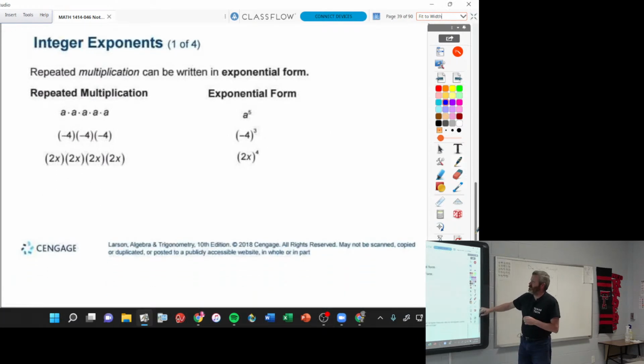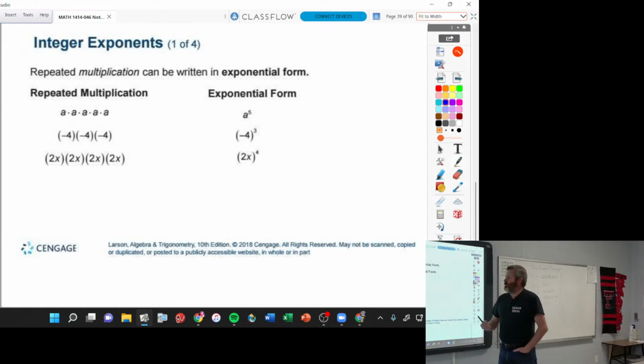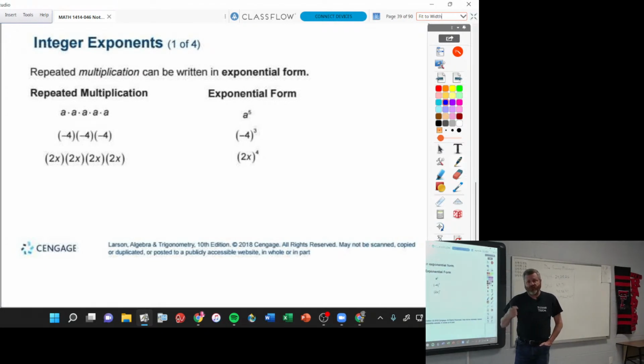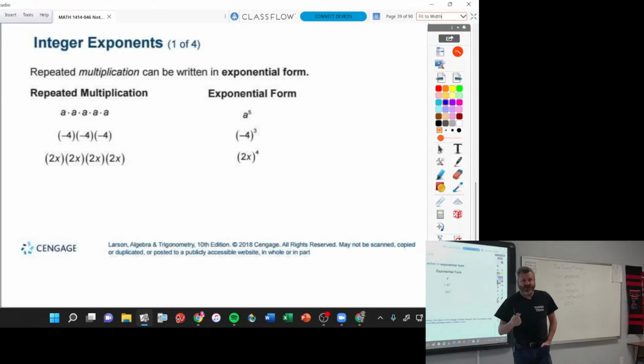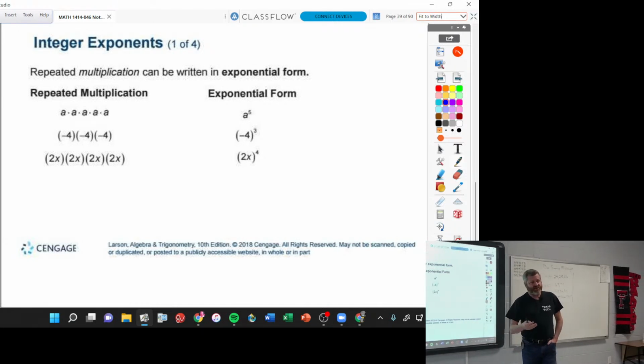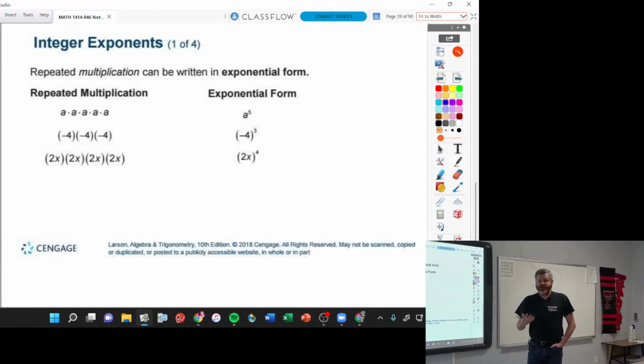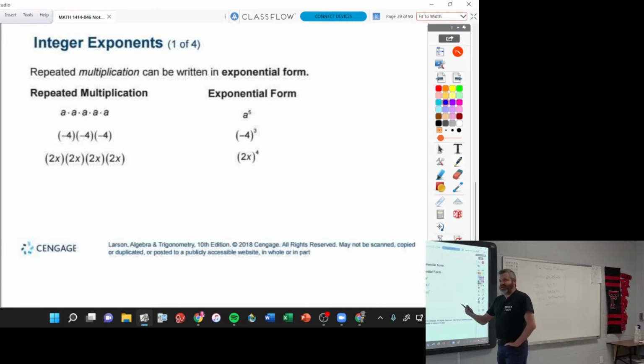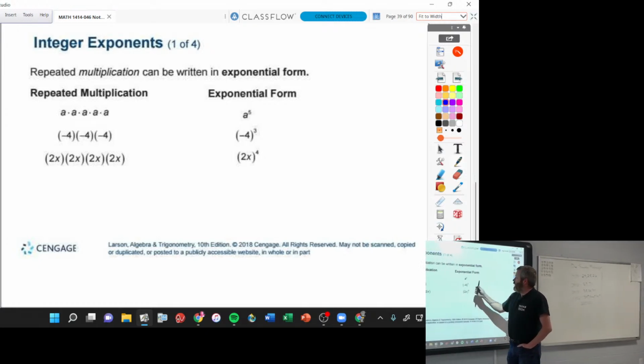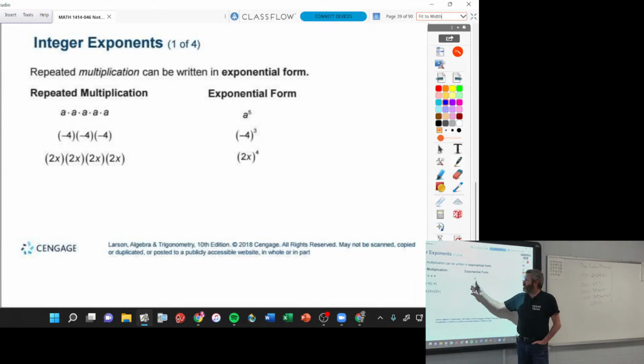Specifically, we're talking about properties of exponents. So first of all, let's talk about what an exponent actually is. Exponents are used for multiplying. If I wanted to multiply something over and over again, as this example shows, a times a times a times a times a. What I've done is I've taken the letter a and multiplied it 5 times. So instead of saying a times a times a times a times a, I could write that as a to the 5th power. So 5 is your exponent, and it tells you we're going to multiply the base a 5